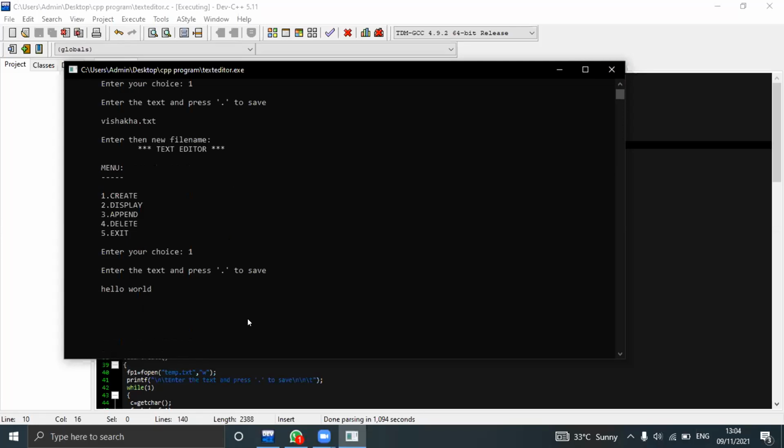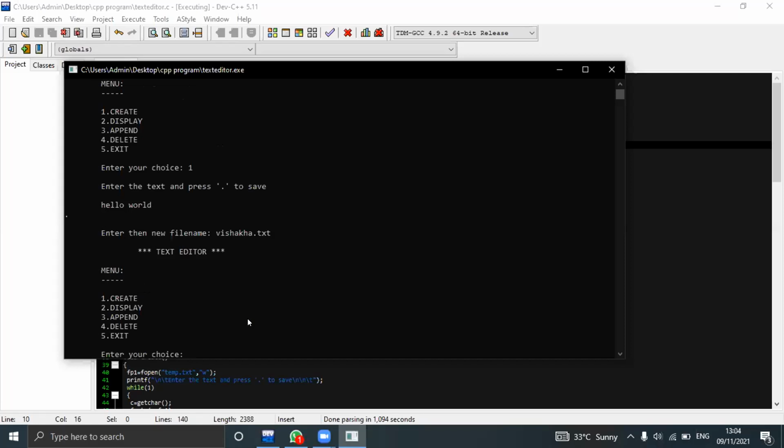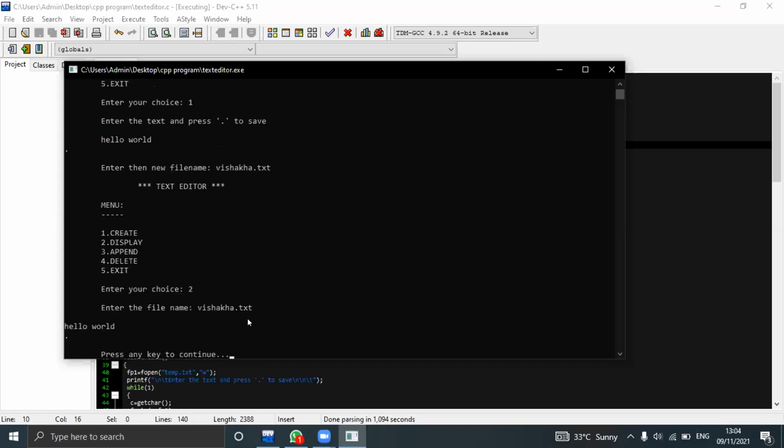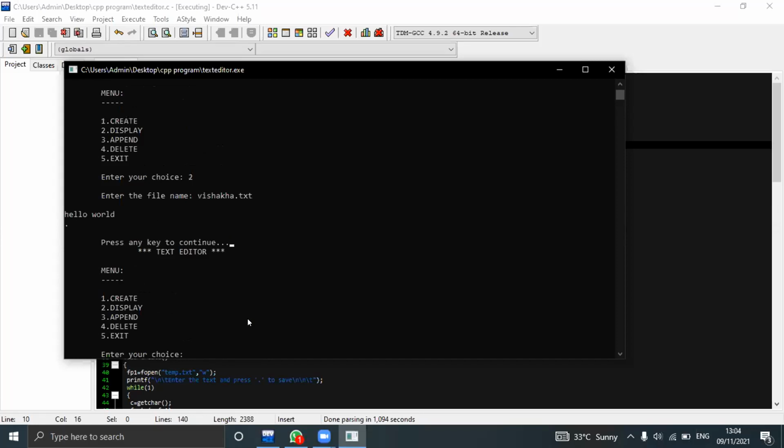Then press dot to save and then enter. Then write your file name .txt. Append it.